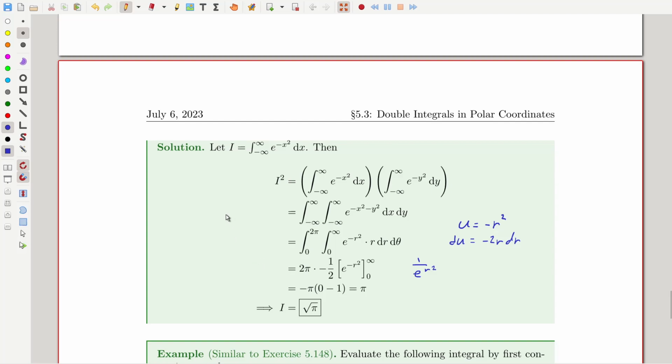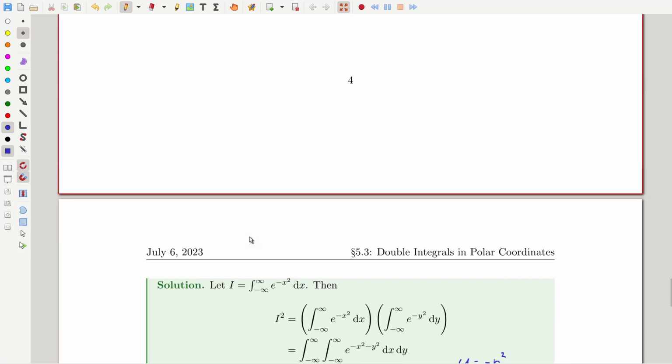But yeah, this is a very classical example of what we're able to do once we learn how to integrate in polar. We can finally tackle this kind of definite integral, which I should maybe make a comment that this is actually